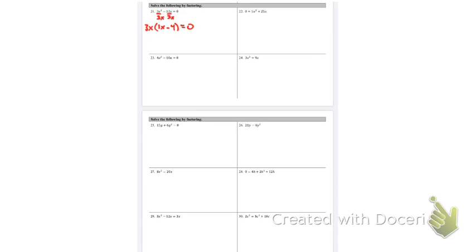And this is an equation set equal to 0. And now we're going to set each factor, so we have one factor here, second factor here, and we're going to put them equal to 0 to solve. So 3x equals 0, and then x minus 4 equals 0. And if we solve, we have